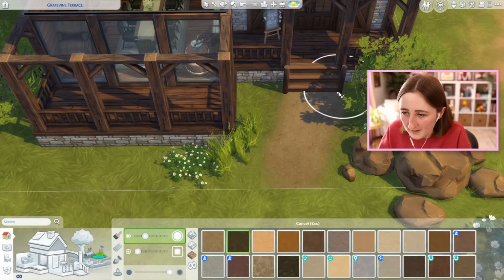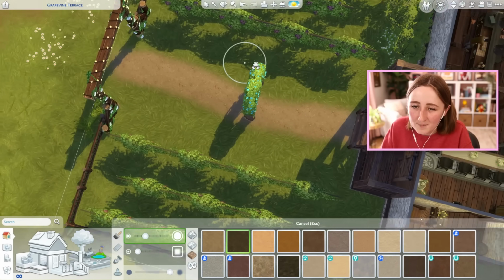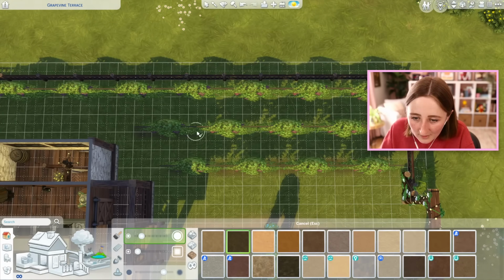How bad would it be if I put a dirt path going up to the front? Would it also be so terrible if I had a dirt aisle? I know it's ugly, but like we're on a ranch, okay? It's probably realistic. Speaking of dirt aisles, I need to go through and put dirt underneath all these plants, which